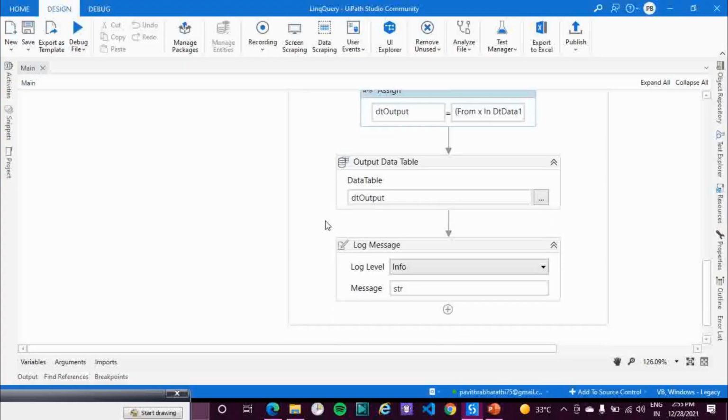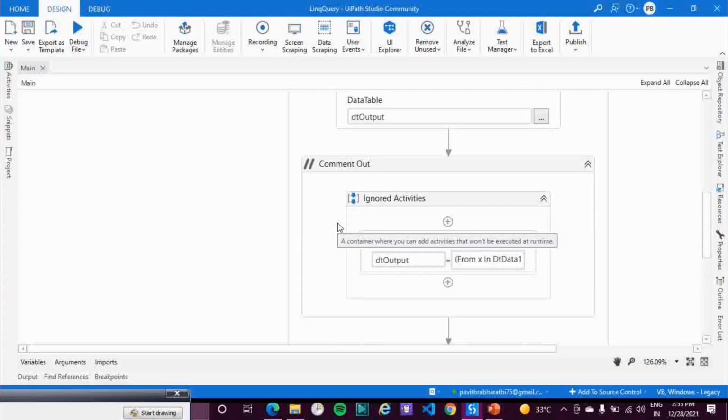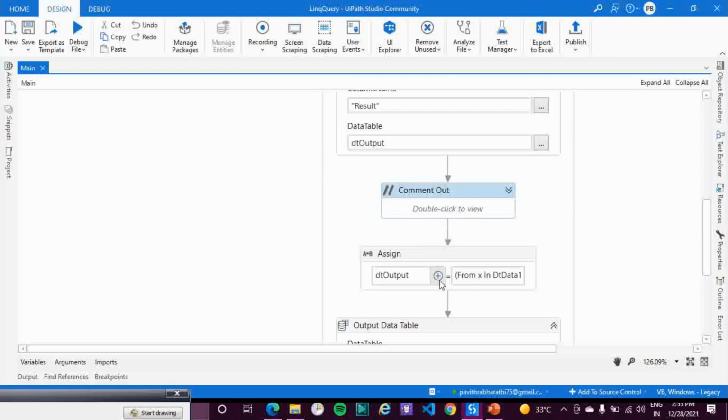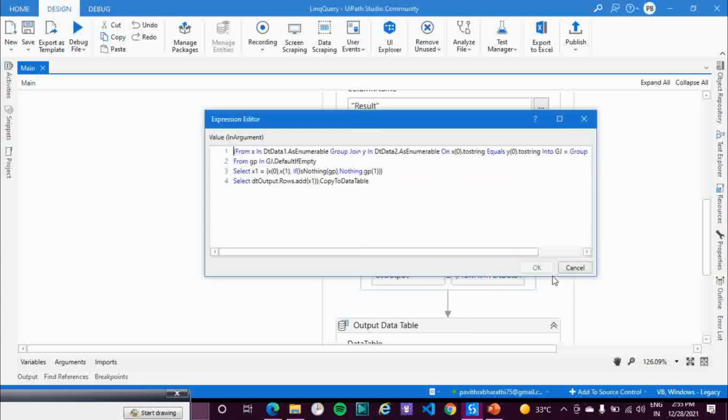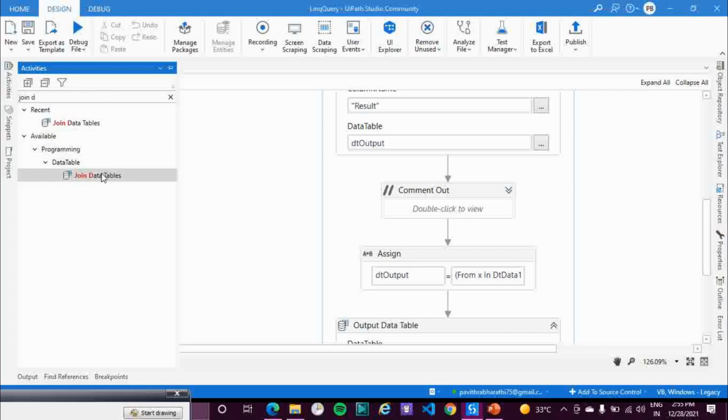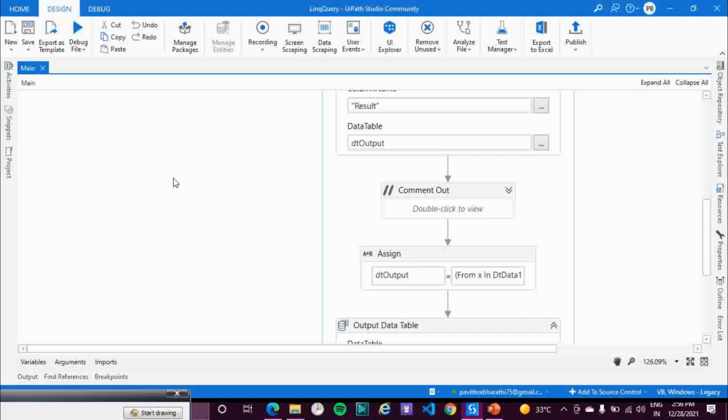So this is how you do the join operation in UiPath using LINQ query. There is another way of performing this join operation, that is using the UiPath activity called join data table. I'll be talking about this join operator in my next video.